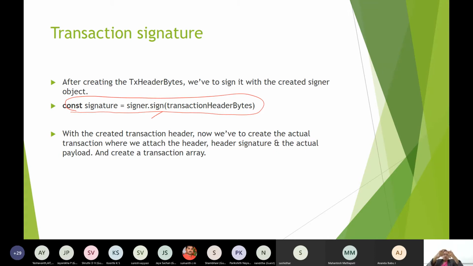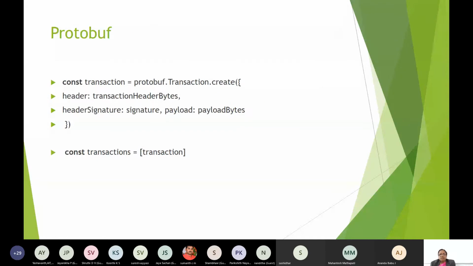And payload, transaction arrays are created, because each batch will have a number of transactions. Then this whole protobuf is handled with protobuf transaction create, because the serialization has to be done. The header is the transaction header bytes, then the header signature, and the payload is the payload bytes.